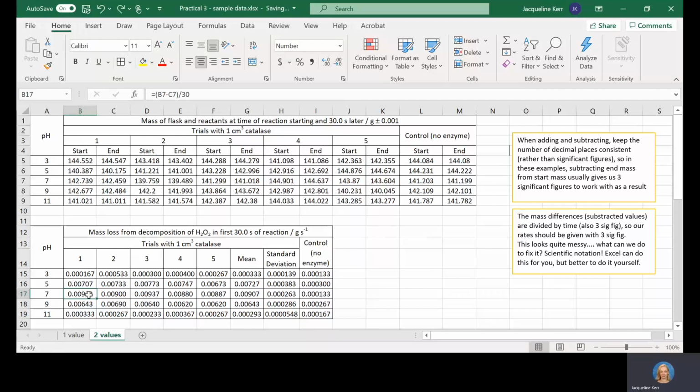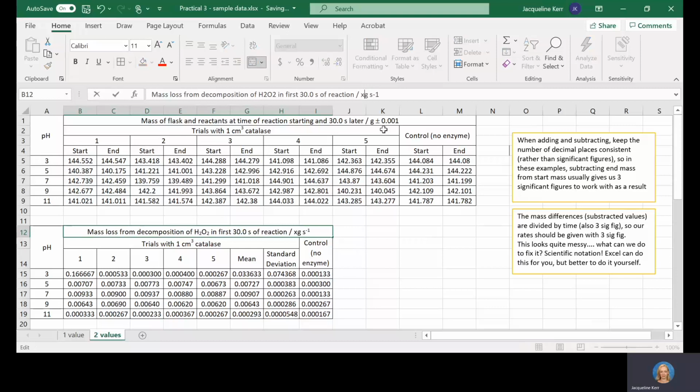And actually, the better thing to do is to copy the values in this table or change the formula so that you also put in here an asterisk, which is times, multiplication in Excel, times 1,000. And then in your units, put a little times 10 to the minus 3